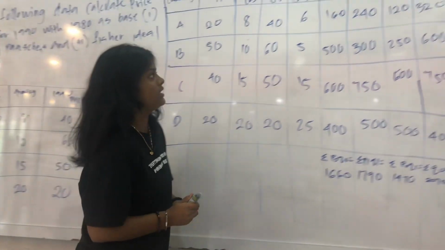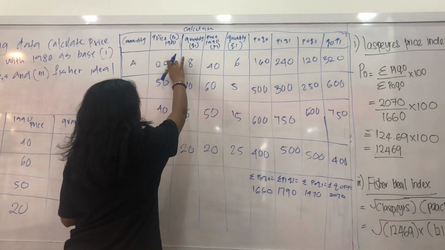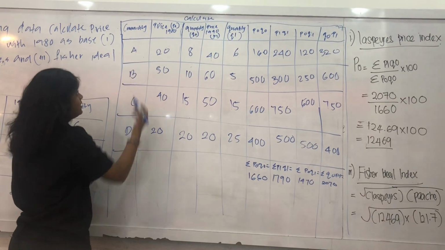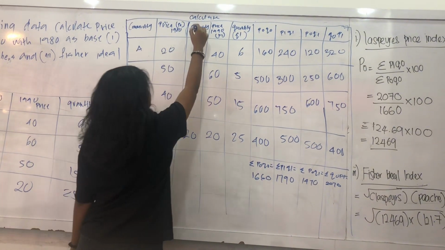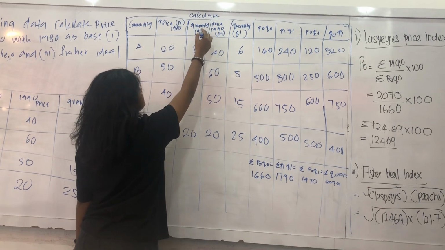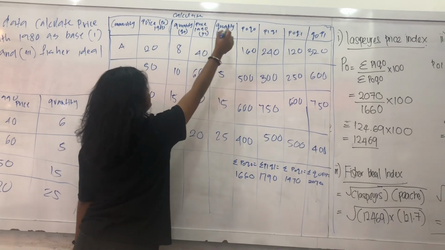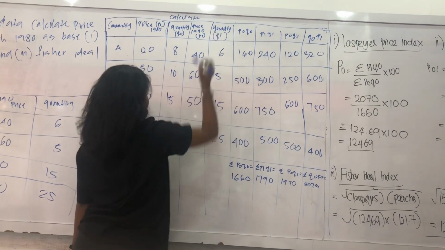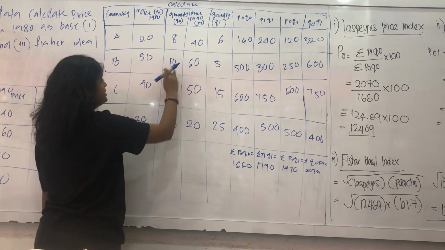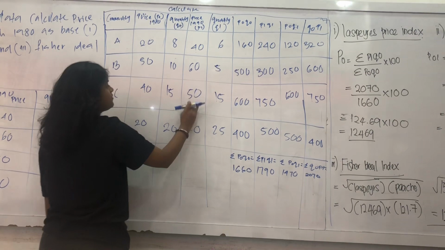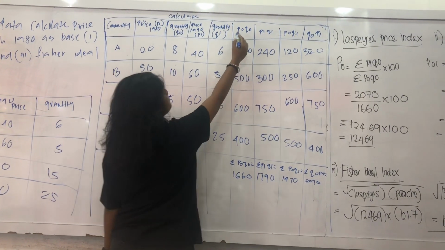So the calculations of commodity price index, 1990 commodities A, B, C, D. The price of 1980 is denoted P0 and the quantity of 1980 is Q0, and the price of 1990 is P1 and the quantity Q1. The prices are 20, 50, 40, 20, and 8, 10, 15, 20, and 40, 60, 50, 20, and 6, 5, 15, 25. Okay, the calculation is P0Q0 times,